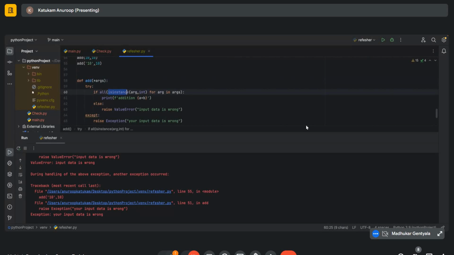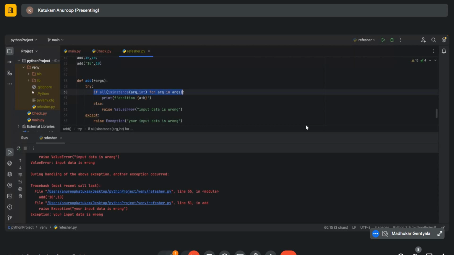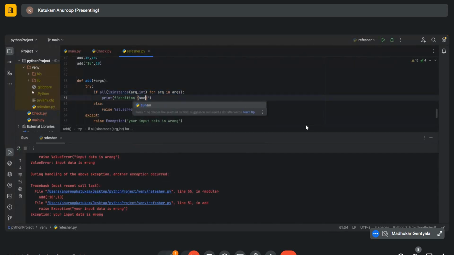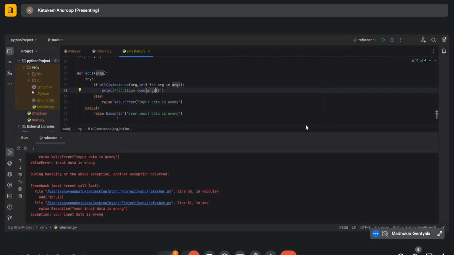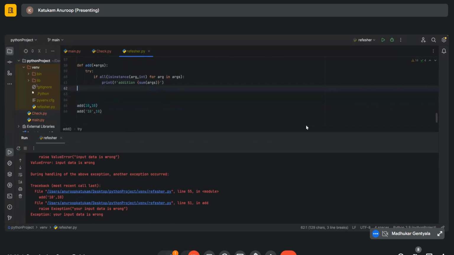I am checking if that is an integer or not. So if all of these are true, if this condition is satisfied, then I'll say print sum of args. So no matter how many numbers I give, it keeps on adding. Okay, so right now we don't need all this if else. It is kind of confusing us, right? So I'll just simply say